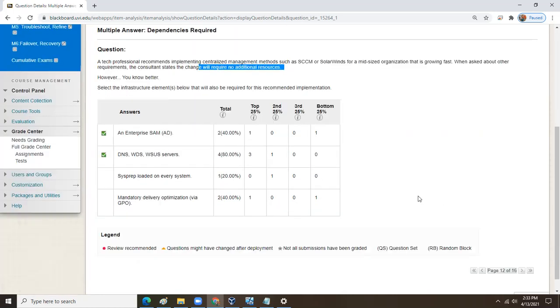Like run a business and you tell people, oh, it's going to cost this much, and then after the work gets started and everybody's in trouble, then you say, oh, no, it's going to be an extra. In any case, you know better. You know there's extra requirements. Select the infrastructure elements below that would also be required for this recommended implementation. So it is a recommended